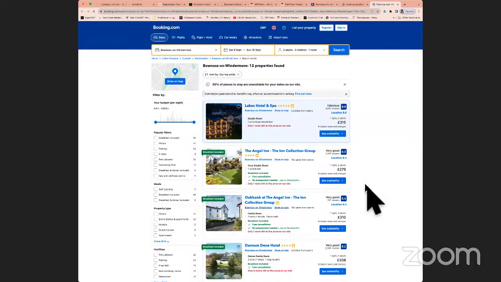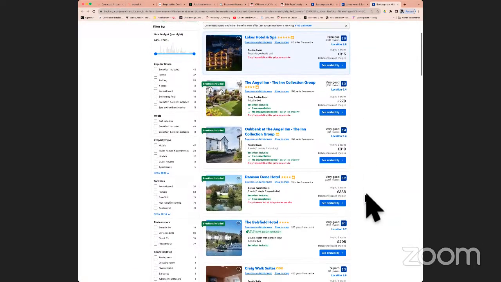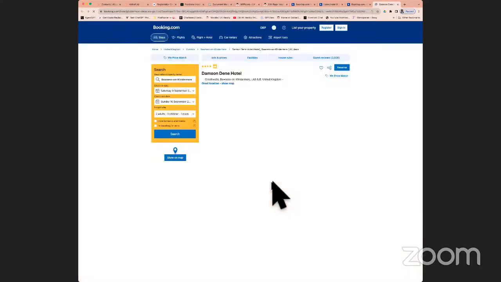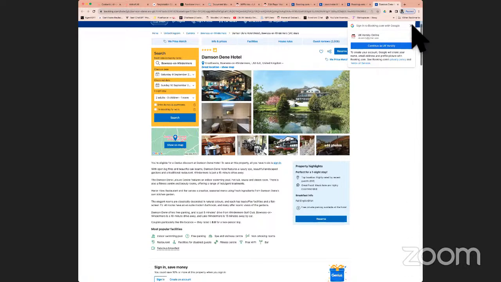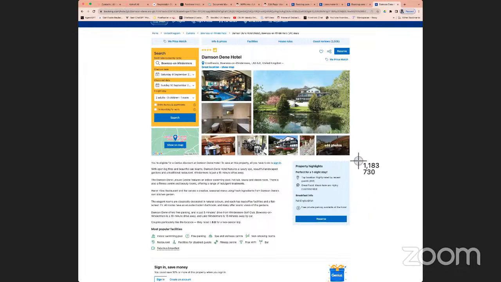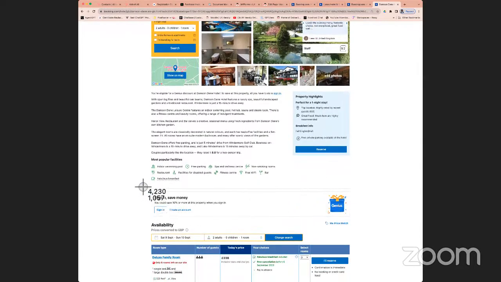So as you can see, there are prices available, and it says number of rooms in some cases, and you could click on one of them and show that in this case it is showing breakfast included and things like that. That would be a good option for you to make a point by taking a screenshot and attaching it. So I would probably attach this screenshot here. It says save 10%. So this is where I would probably look at creating an account, and it says you can get 10% off.